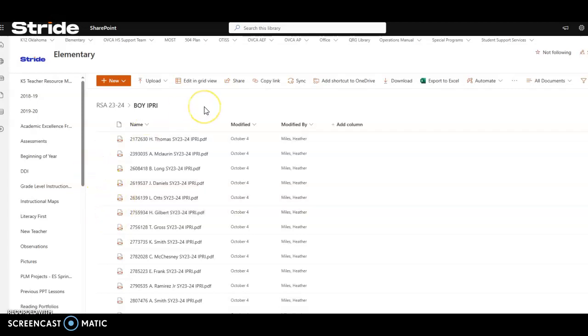Okay, so this is how you upload your things in here. In this email, you have the link to get here, to the SharePoint. So you're going to click that, and then this is going to pop up. You're going to come over here to upload, and you're going to do files,